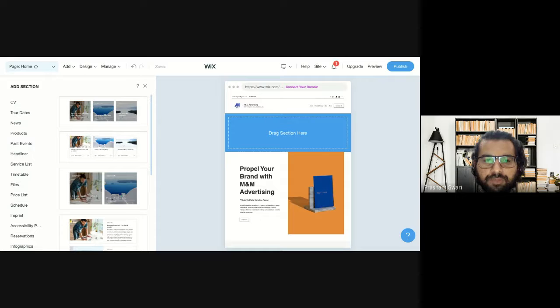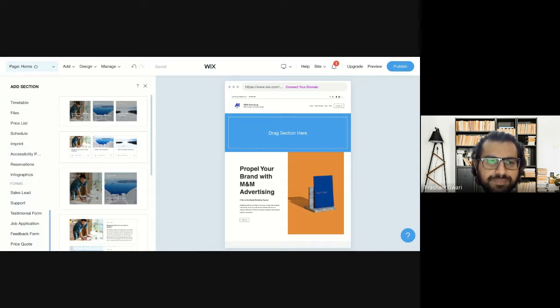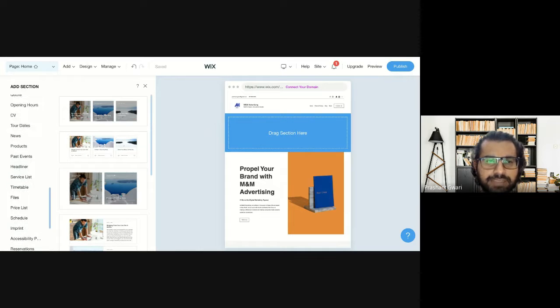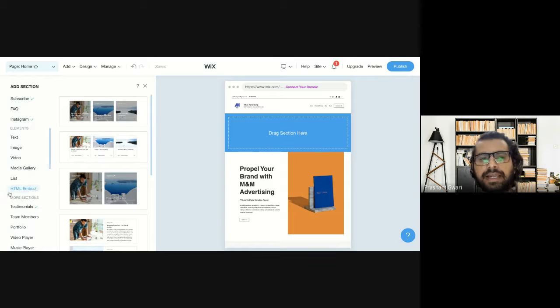And the one which you need to know also is the HTML one. Let's find the HTML one here. Yeah, HTML embed.